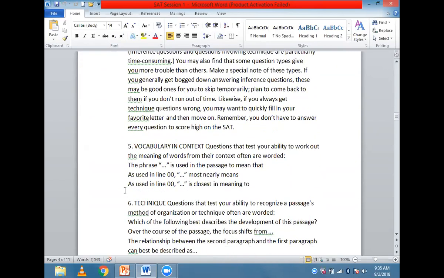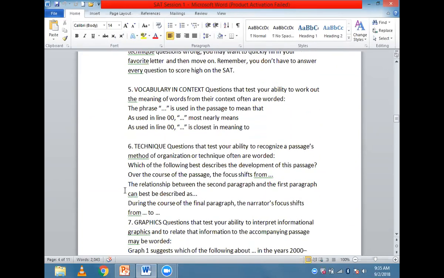So talking about the vocabulary and the words, we come to the next important category of questions, which is the vocabulary in context. Now it's to be kept in mind, since it is the reading section, it is testing you on analyzing the particular passage. Vocabulary in context judges you on understanding the use of the word in the context of the particular passage. So the functional, everyday meaning of the word could be different, and the meaning of the word in the context of the passage can be completely different.